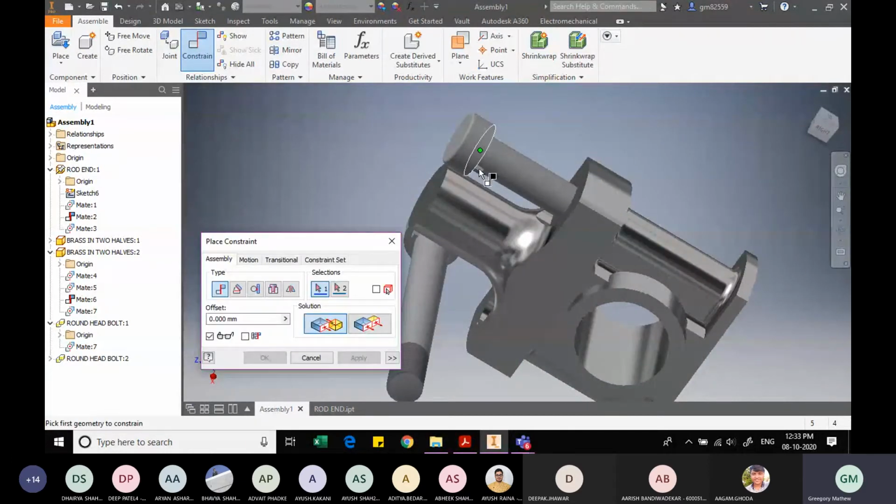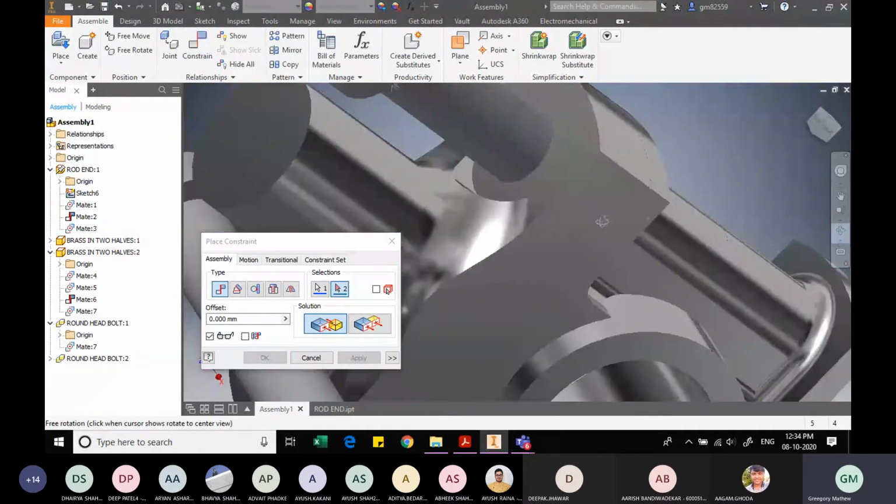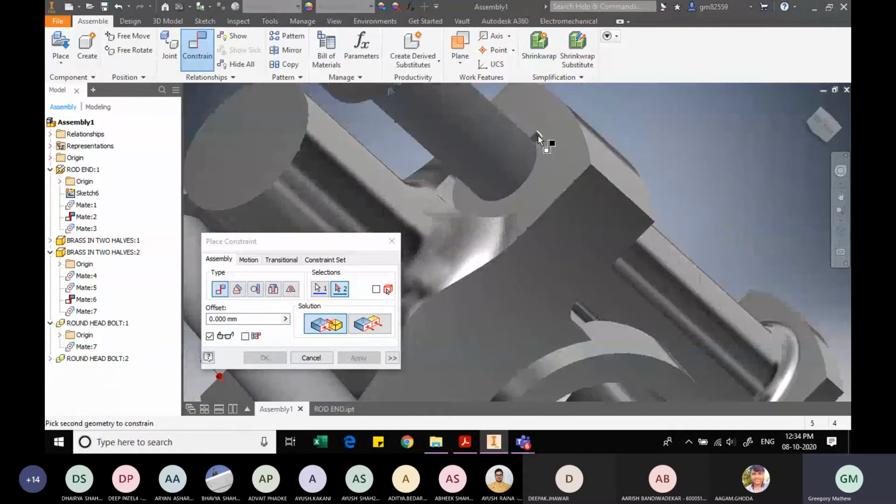Now constraint, now if this is, zoom this, select this place, let us rotate it slightly. Okay, now it's done.